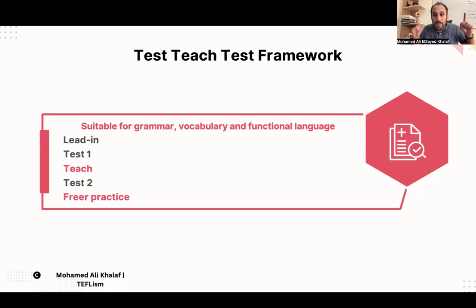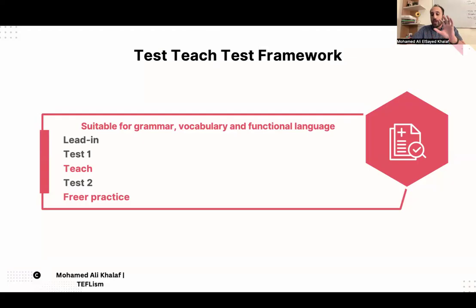What should I teach? The 5 other words. Are you going to teach the 12 words? No. The core of this framework is to help students with the difficult ones, the words they struggled with, in order to save time for the practice. They produce this in freer practice and controlled practice.